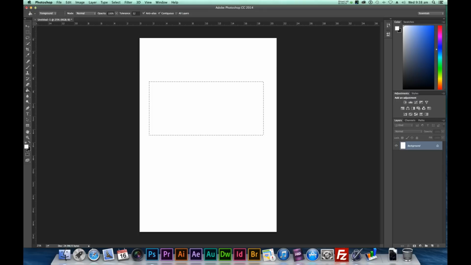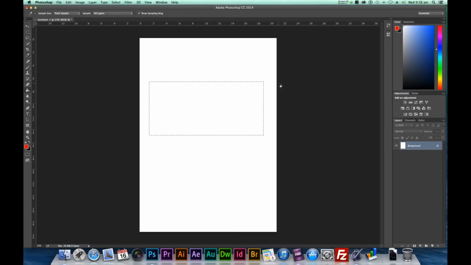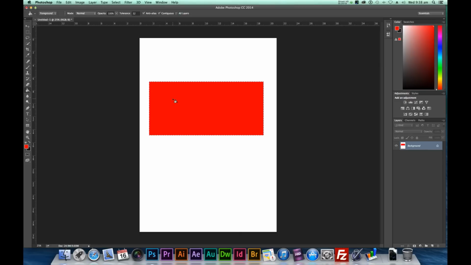So I'm going to click on that. And if we go down below, we have two little colors here. They're two little squares. Effectively, these refer to the foreground color and the background color. I'm not going to get into the foreground and background too much. We're just going to treat these as two color tables. So I'm going to double click on the white. I'm going to come up and choose my red color that I want and click OK. Now this paint bucket basically just splashes. If there's a single color, it will just change that to that color that we've